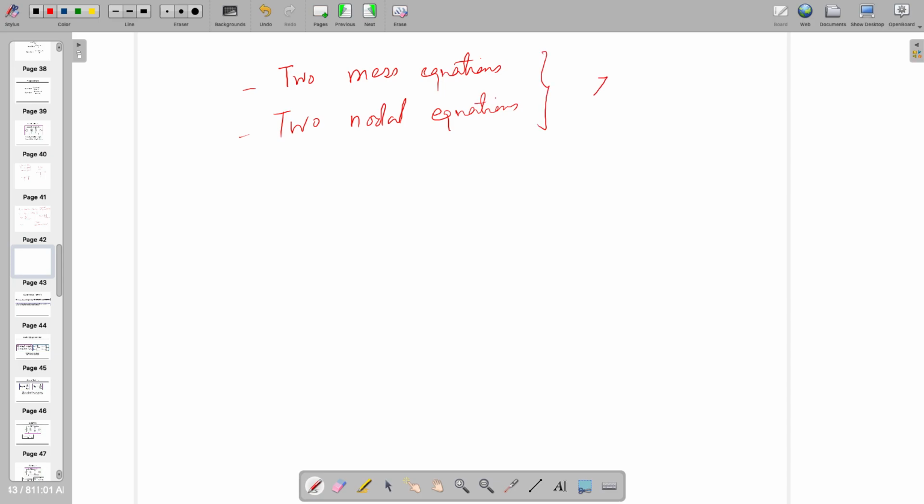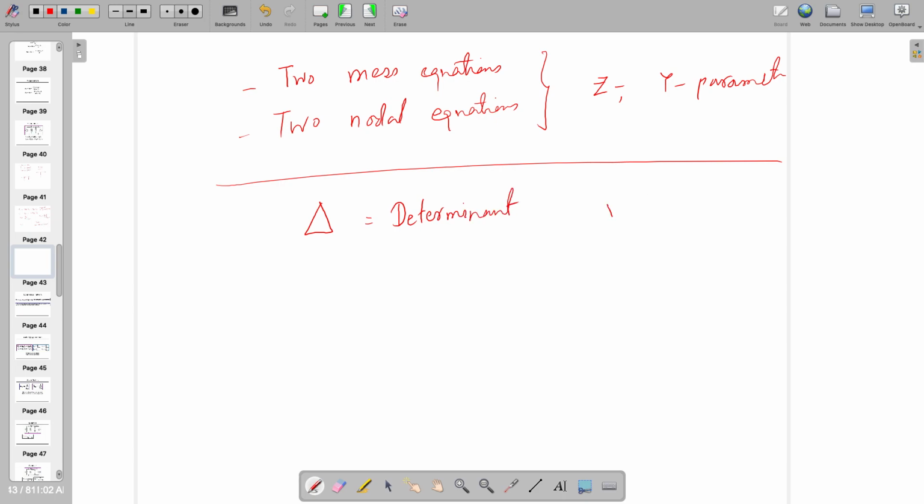So it's not a problem to find Z or Y parameters. However, if it does not have two mesh equations or two nodal equations, if there are more equations, then you should use a technique called delta, where delta is nothing but a determinant,